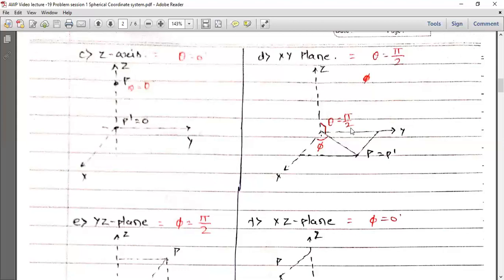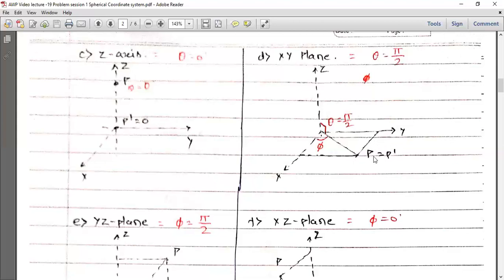Okay. Now we should check the third coordinate also. When we think of the third coordinate phi, we try to find the projection of point P on the xy plane itself. Since we have already considered that point P in this particular case will always lie on the xy plane itself, suppose the tabletop is the xy plane and point P is somewhere on the tabletop. If you draw a projection of this point P on the tabletop itself, you will find the same point, P dash. So point P and P dash overlap each other. They are coinciding, and therefore P is equal to P dash.